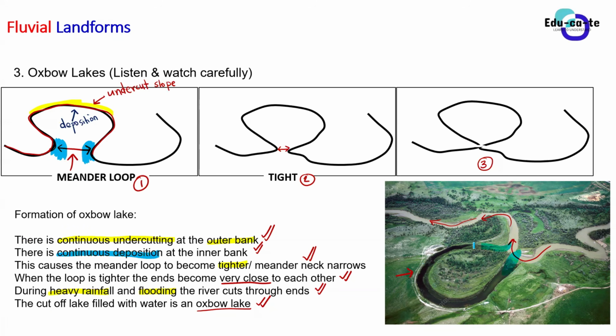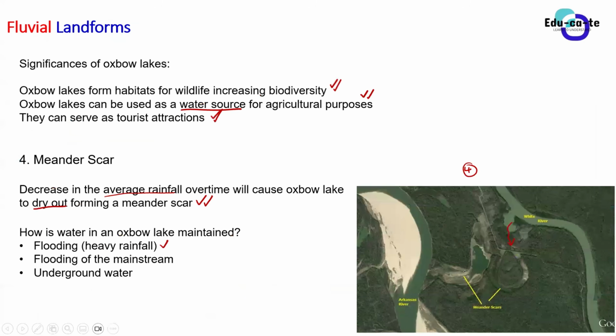So basically, heavy rainfall results in a lot of flooding. And basically, when the water is flooding, it floods into the Oxbow Lake. So as the water floods into the Oxbow Lake, you already know that we're going to have what? We're going to have a constant supply of water to it. So that's how we maintain the water. Okay. So flooding, heavy rainfall, as well as the flooding of the river, which is the mainstream, as well as